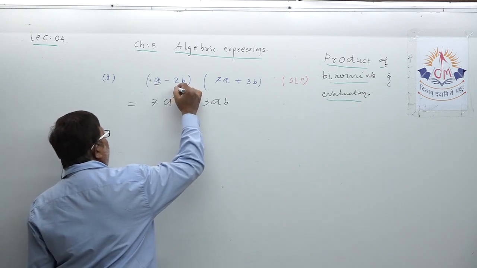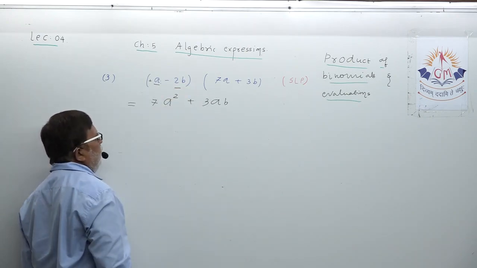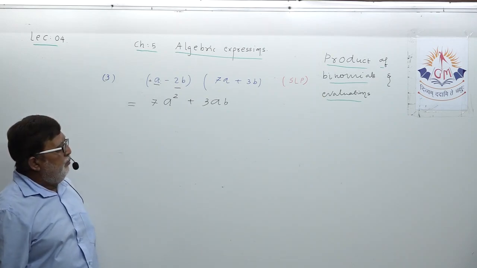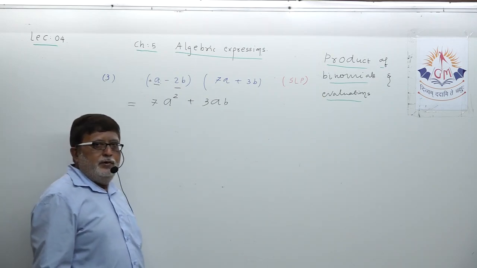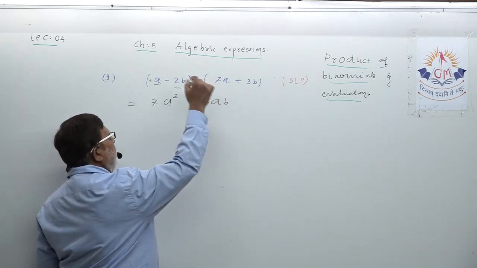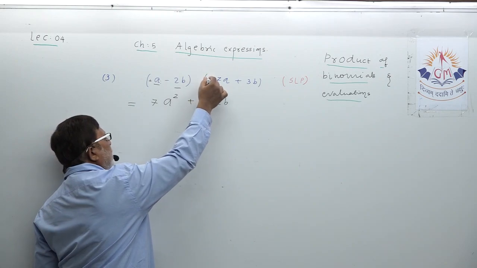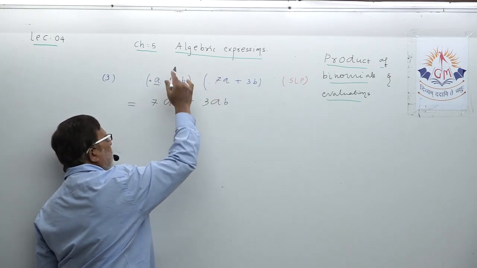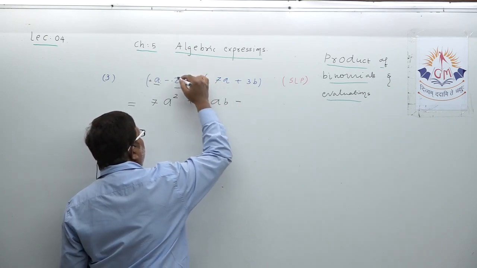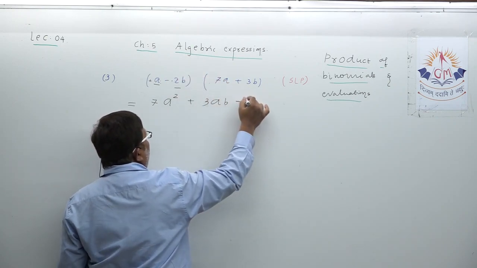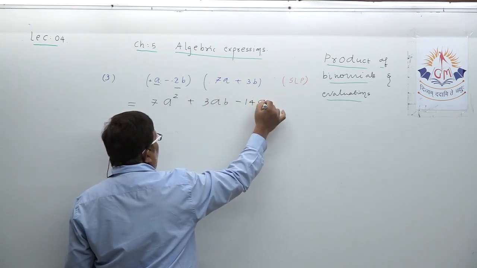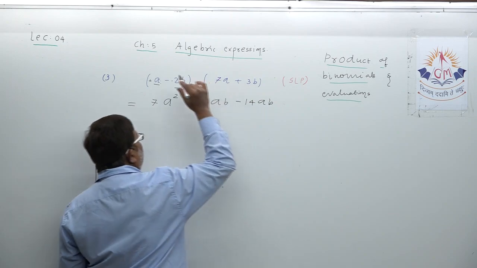Now you have to target the second term of the first binomial, to be multiplied with the second binomial. Again the same concept, dear student. No sign means plus, as you all know. Minus plus minus, first multiplication of numbers, 7 2s are 14, a into b, that is ab.